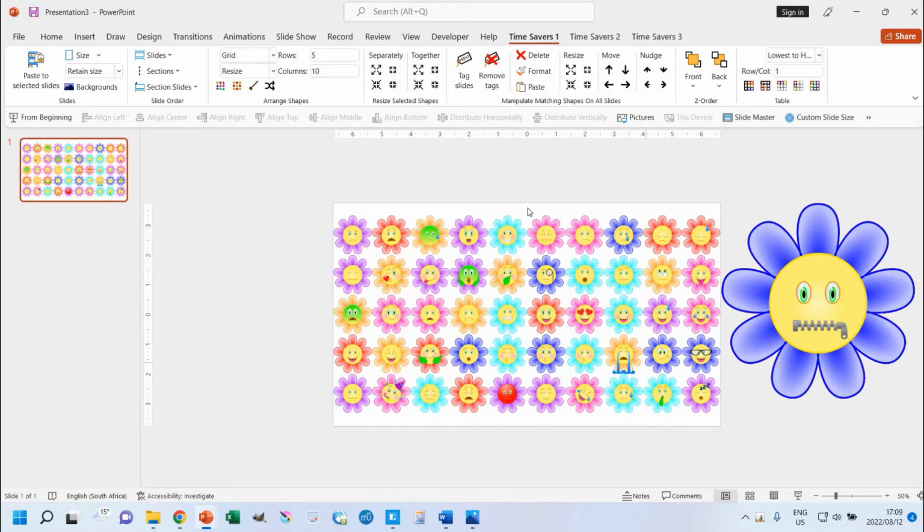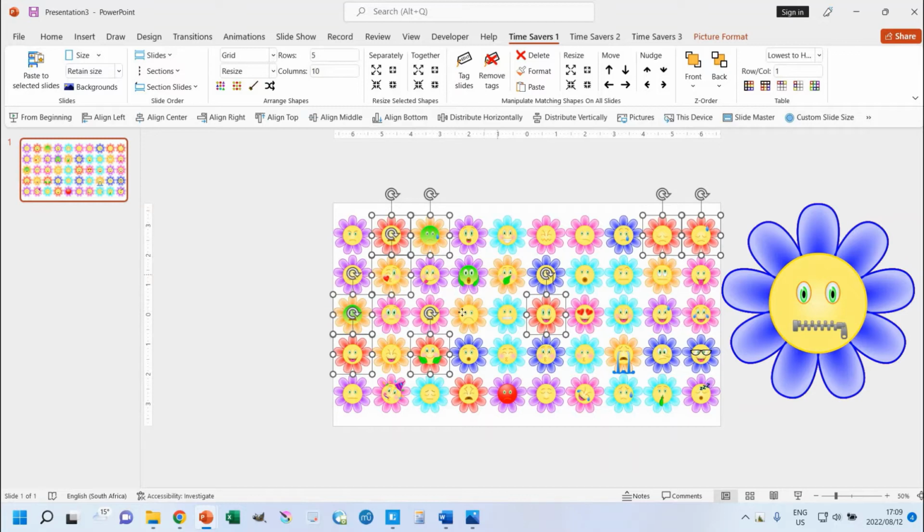Now they were placed in this arrangement in the order in which they were inserted on the slide, because I didn't go and reselect them. I didn't deselect them and then reselect them in a specific order, but I could have done that. So if I wanted them to be in a specific order, so say I wanted all the red ones to be first, I can get all my red ones over here, and then all my orange ones, and then let's get all the pink ones over there,